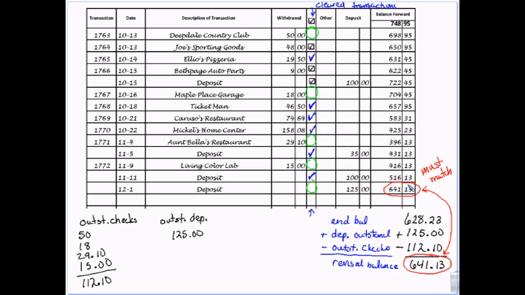If they don't match, you figure out how off they are from each other and then go look for the mistake. And the mistake will either be here in your own register or it'll be something that your bank did. Maybe there's a number transposed somewhere. So instead of writing down 29, you wrote down 92. Or maybe you wrote the check for 29, but the bank, when they entered it, put in 92 and took out $92 instead of $29. Do you see what I mean?